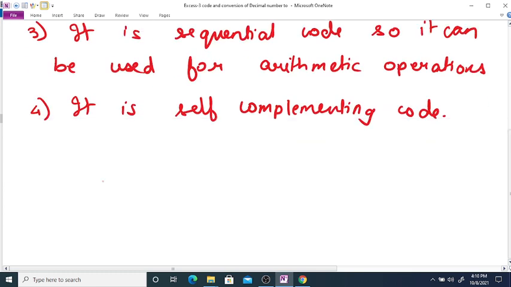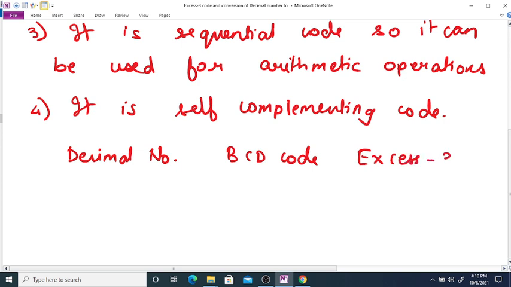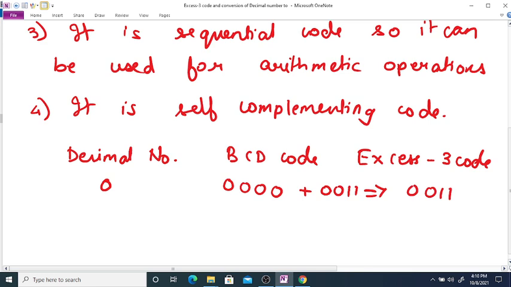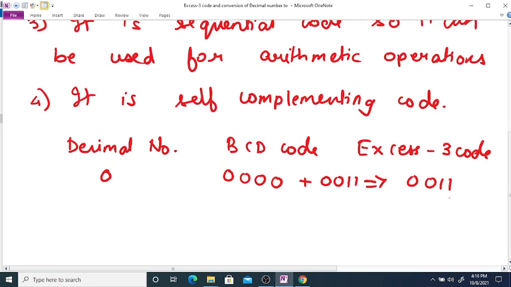So, suppose we are given decimal numbers, then BCD code, and finally XS3 code. Decimal 0 is represented by 0000, and if we add 0011 to it, we will get 0011 as XS3 code for 0.